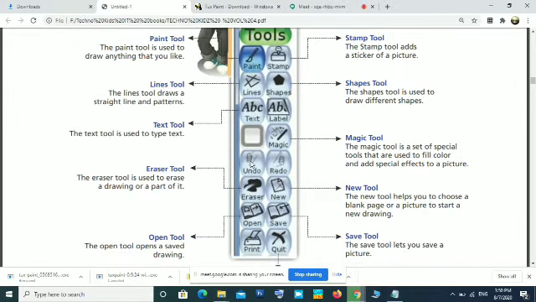Then undo and redo, all of you know. Undo means cancel the last action. Redo means if you cancelled one action, you can repeat it. That is redo. Undo will be active only if you do anything. Similarly, redo will be active if you undo anything.